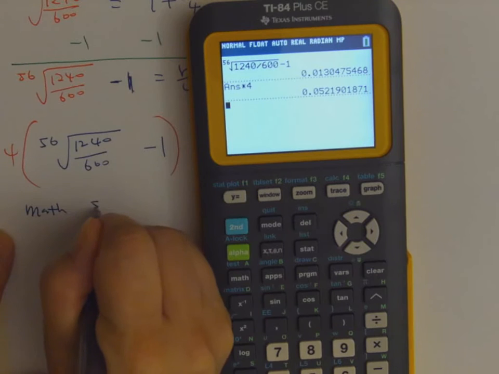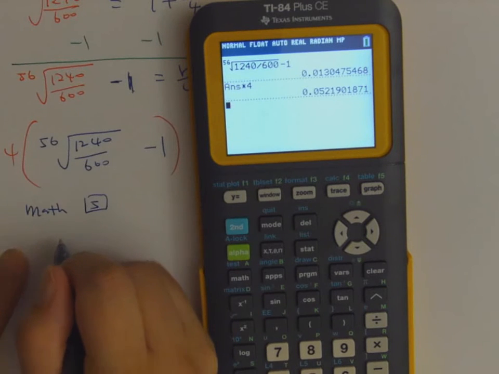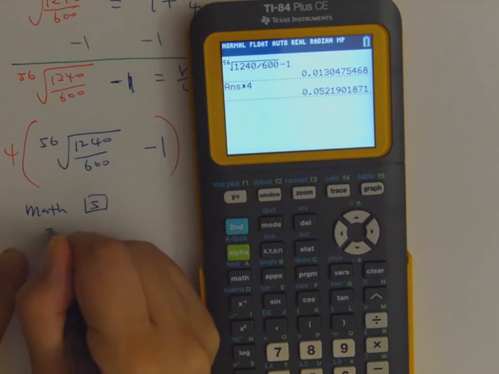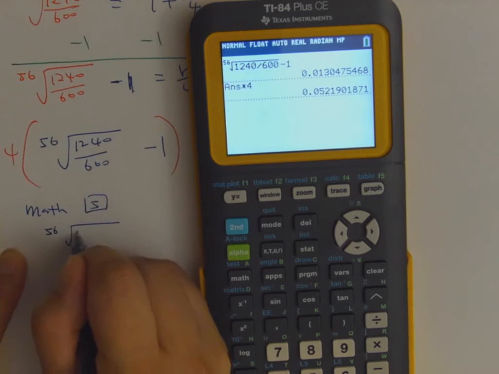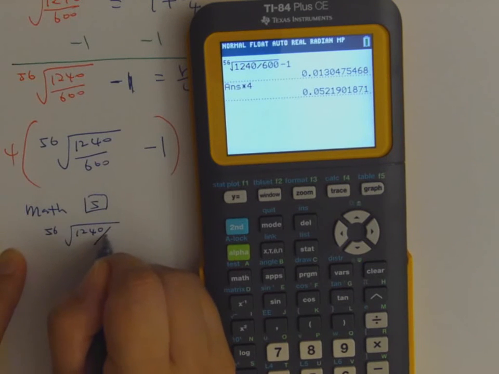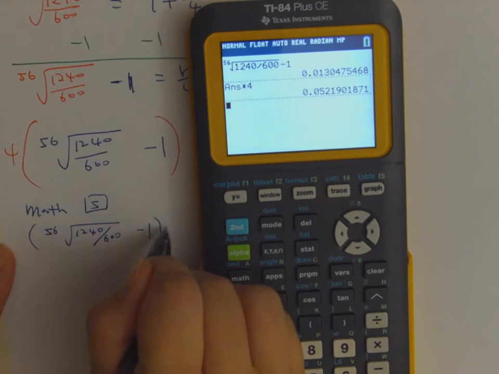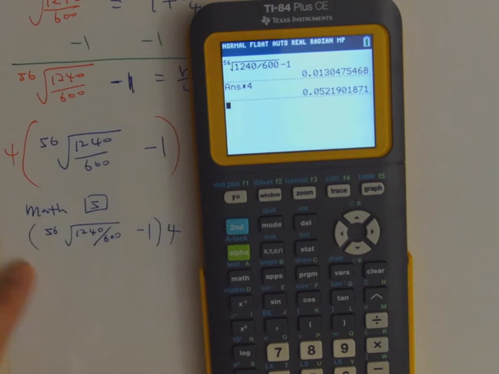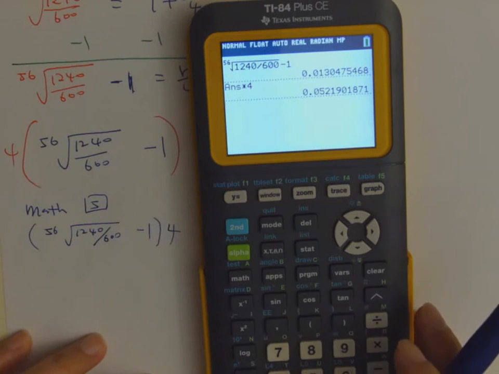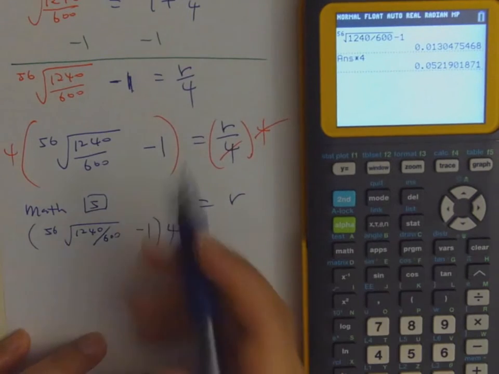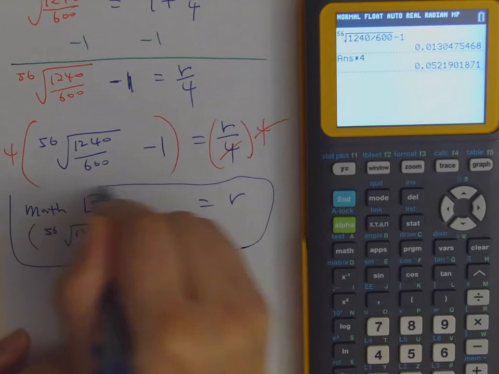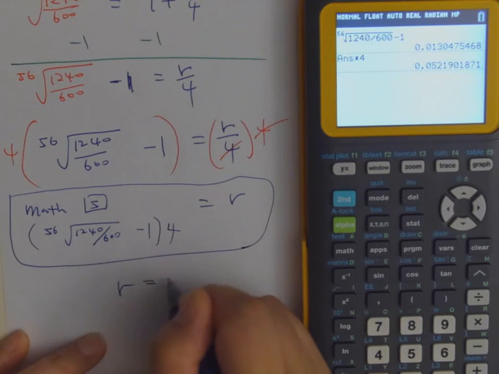I picked number 5, and then I did the 56th root of 1240 divided by 600, minus 1 outside, and the whole thing multiplied by 4. Okay, so that's what I did on the calculator. So I got that number, so which means that r is